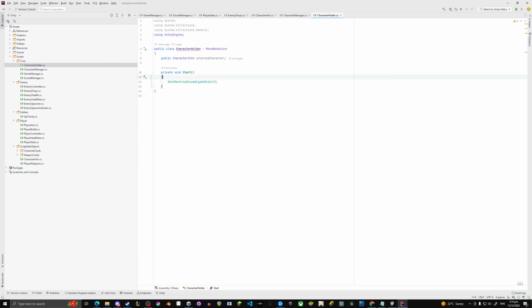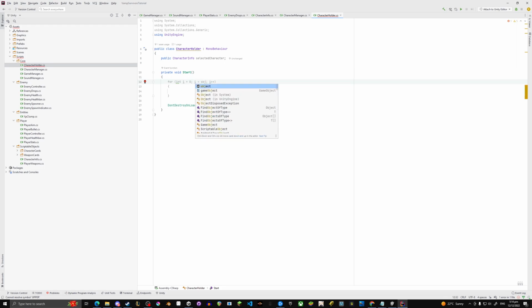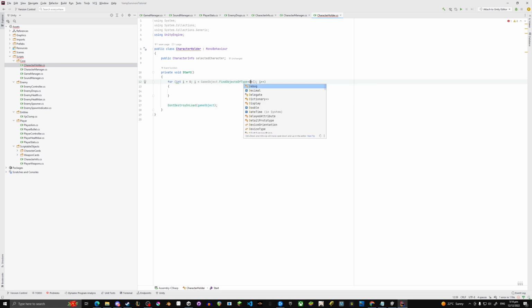So what we'll do here is we'll have a for loop. And what we're basically going to do is check if there's any other objects that are in the list of don't destroy on load. And if any of them are this object, destroy it. See what I mean? Very easy. So what we're doing is for game object, dot find objects of type, objects specifically, so we're going to make a list, don't destroy,